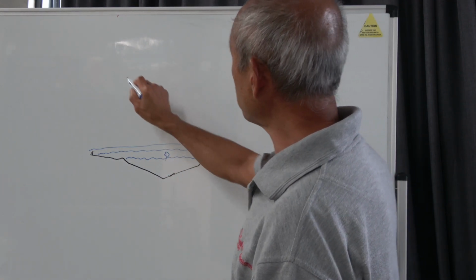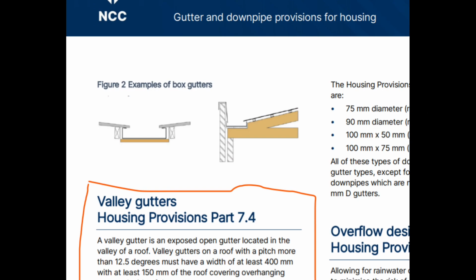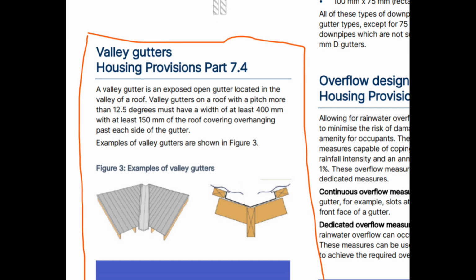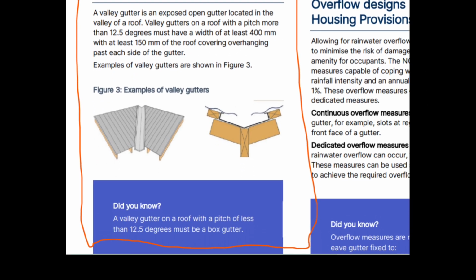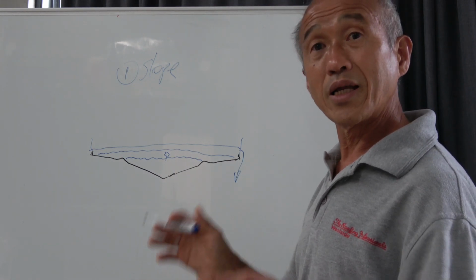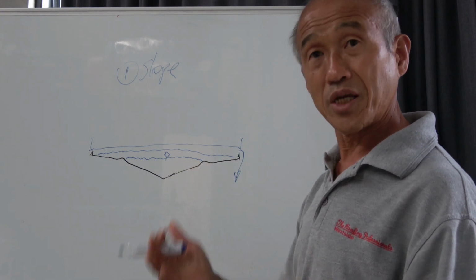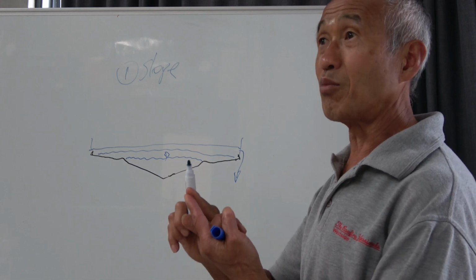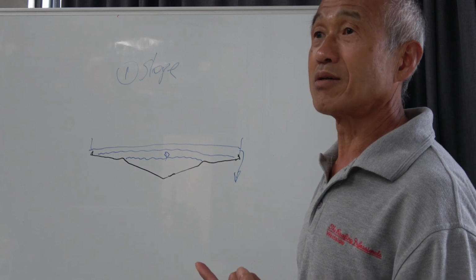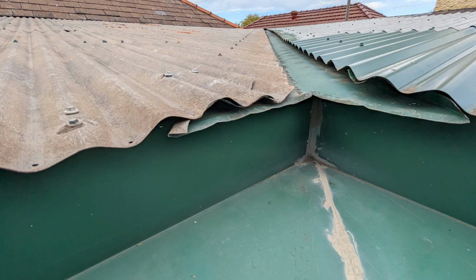Now, the first thing is slope. The code says that if this valley is laid at less than 12.5 degrees, you can't have a valley. You should have a box gutter, which means that the sides are higher and you don't get that overflow situation. So if you've got a reasonably flat roof, less than 12.5 degrees, with a valley in it, potentially you've got problems. One, it doesn't comply with the code, but more importantly, it can leak. So if you've got a low profile roof with a valley in it and you're wondering why it's leaking,